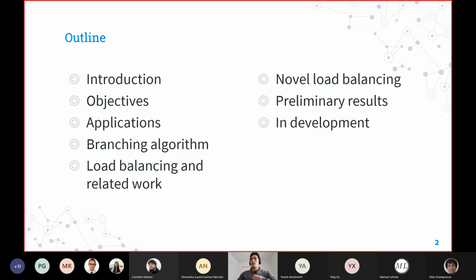Then, after all this, I'm going to talk about the load balancing strategies that we must include. Everything is going to be explained along the presentation, just in case of any doubt. And of course, all the work that has been done in the past and recently. After this, I'm going to present my contribution to science for now, which is a novel load balancing strategy. Then I'm going to present the results using this novel load balancing strategy compared to other strategies previously mentioned. And after that, I'm going to show some tools that are still in development.